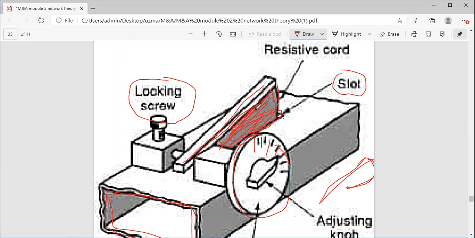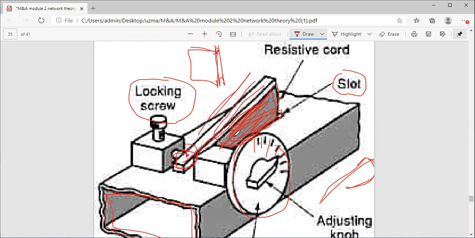So the deeper it is inserted into this slot, okay, through this slot, this position, it is something like a hinge. You know what is a hinge? We have even studied about this hinge in your electromagnetic theory also. Try to remember, I had told you something like a door. A door will be connected to a hinge so that free movement is possible. Try to remember that. So here a hinge will be there so that this is fixed at one end, and the other end is freely movable.